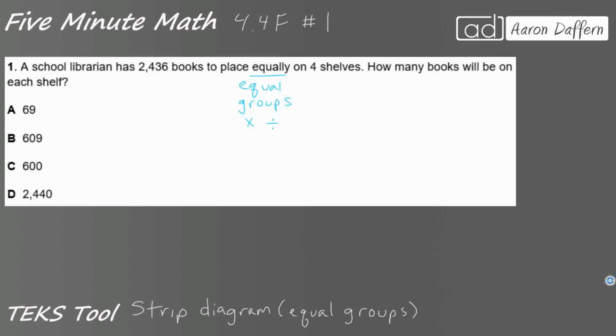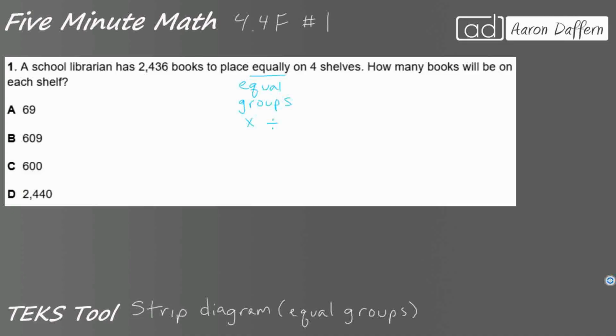And so equal groups will always have a statement saying that we have equal groups, and then they will have two out of these three. They'll have the total, the number of groups, or the number in each group. They'll give you two, and they want you to find the third. So let's look at our quantities here. A school librarian has